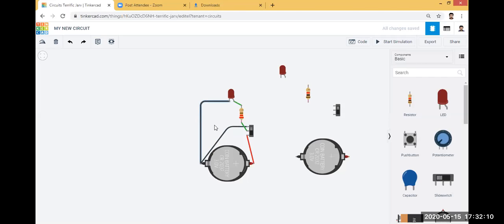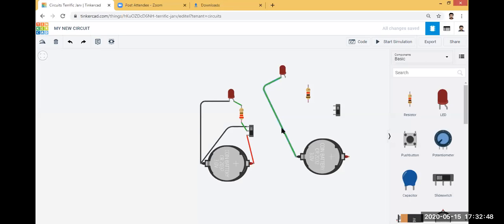You want to connect this battery with this LED, resistor and slide switch. Okay, so first just click the negative terminal and then move to the cathode. You can see your wire is actually created. So this is the wire between the negative terminal of the battery and the cathode.